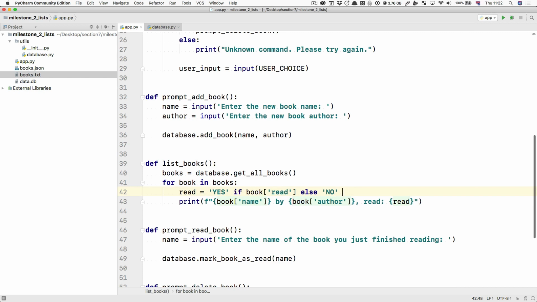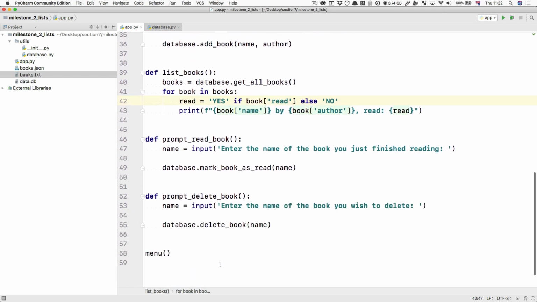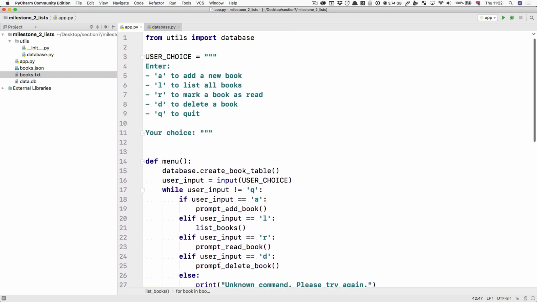But what you may not know is that 0 actually evaluates to false, and 1 evaluates to true. So if book read is 1, containing the integer 1, we're going to get yes. If it contains the integer 0, we're going to get no. So we don't actually have to change this at all. Python automatically treats 1 and 0 as true and false as well, which is pretty handy. So we don't actually have to make any changes at all to our app.py, which tells us that we've done